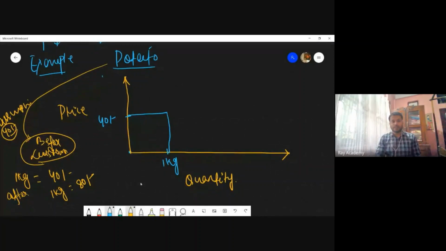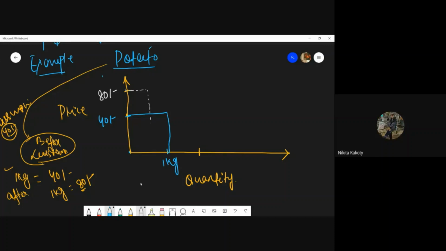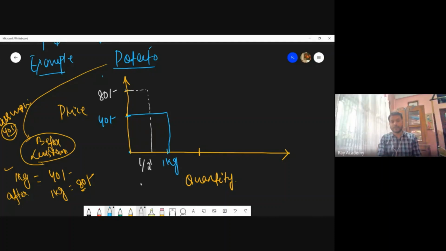Repeating once again. Before the lockdown, 1 kg of potato was 40 rupees. After lockdown, 1 kg of potato is 80 rupees now. But you have 40 rupees. So if it is 80 rupees now, then how much quantity can you purchase? Because you have 40 rupees, you can purchase only half kg. Now you see that